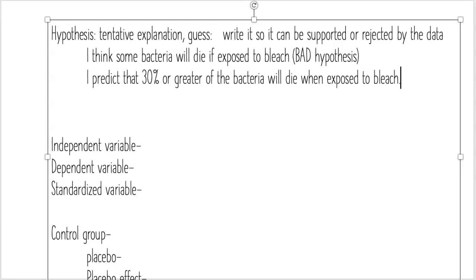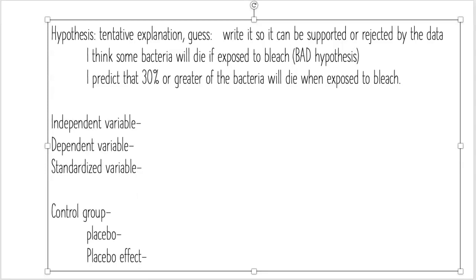So you run your experiment, you put bleach on your bacteria, and let's say 28% of them die. Do your results support your hypothesis? No, they don't. But this is where we get into that redesign. Do we redesign the hypothesis and tweak that number? Maybe you're going to go to 25% or whatever. But just make sure when you're writing a hypothesis, it's something that can be supported or rejected by the data. And again, it's a tentative explanation about what we think should happen. So we've got a good hypothesis written,